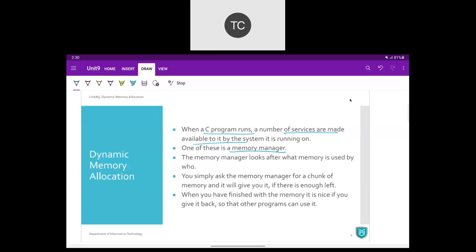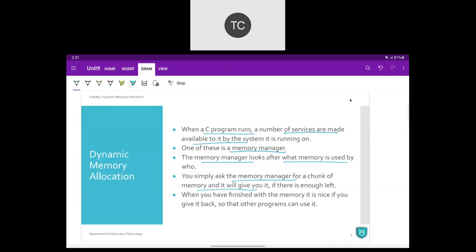We just need to know that behind the scenes inside the operating system, there is one service responsible to make this happen, right? So memory manager is something that looks after the entire memory. And when we simply ask that memory manager to allocate us a memory block, then if it is available, it is going to allocate us that memory.